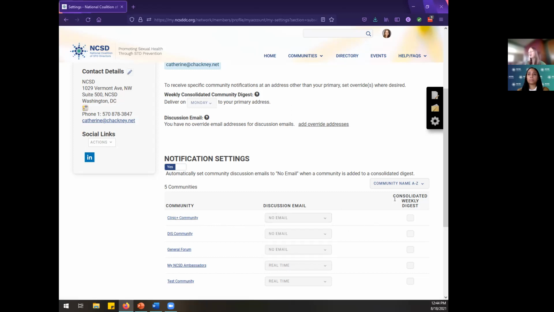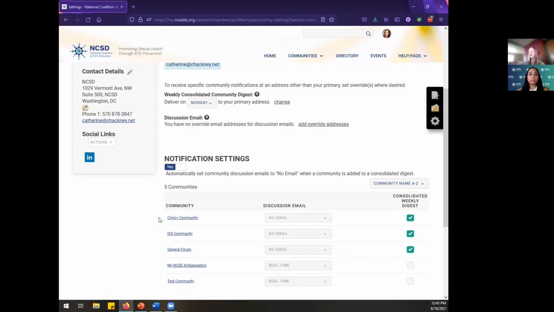The other option, the final option here, if you don't want to fully unsubscribe, and I do not recommend fully unsubscribing, of course, but you're looking to have fewer emails in your inbox, we do offer a consolidated weekly digest. So this actually will send you one email per week for all of the groups that you check the box for.